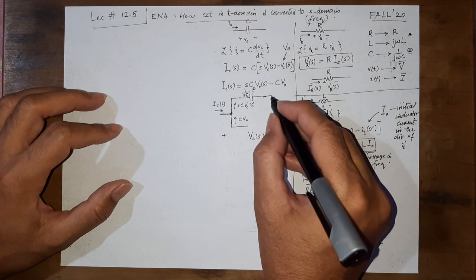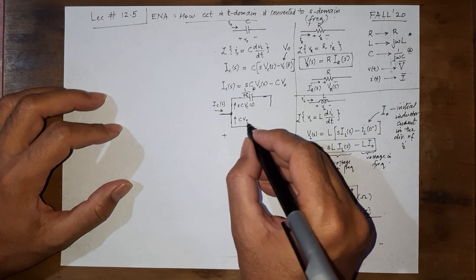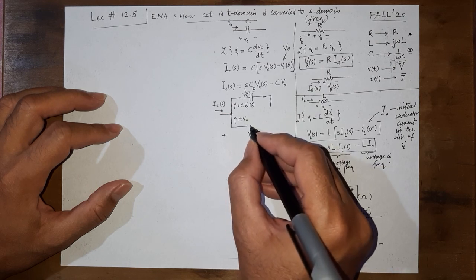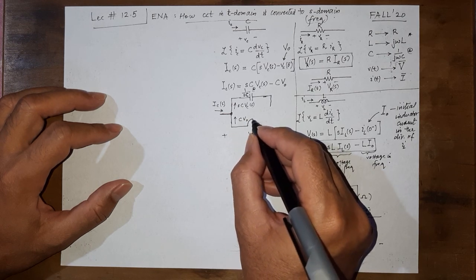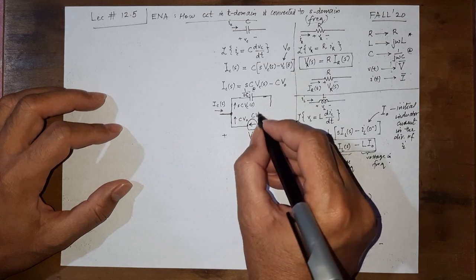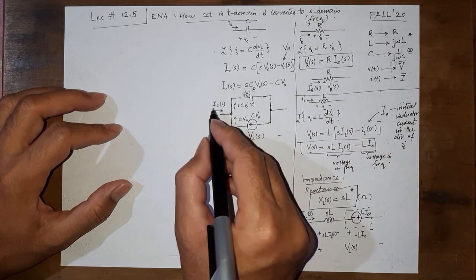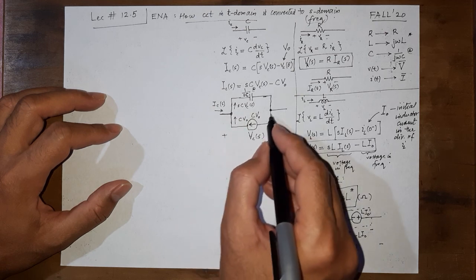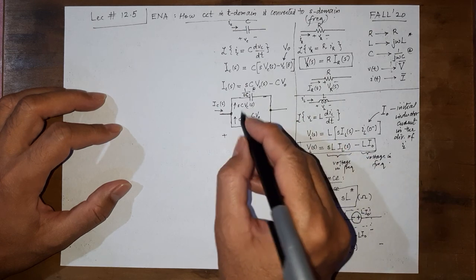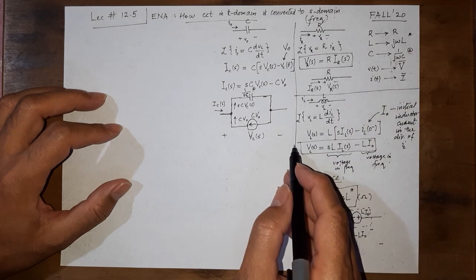So this is something in this fashion. And what about this thing? This is not dependent on VC, the voltage across it. It's a value, and flowing in this direction. So this is a current source in this direction and its value is CV naught. And here it is going out. IC of S going in, splitting, and then coming out of this thing is IC of S once again. So this is the representation of a capacitor in the frequency domain. And that's not all.